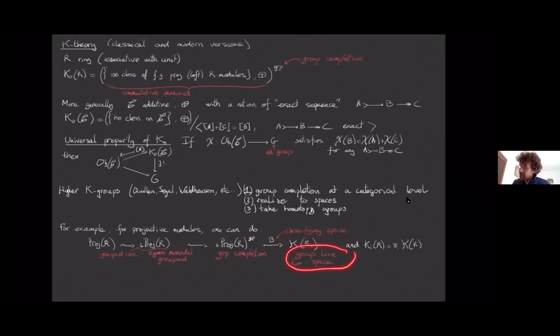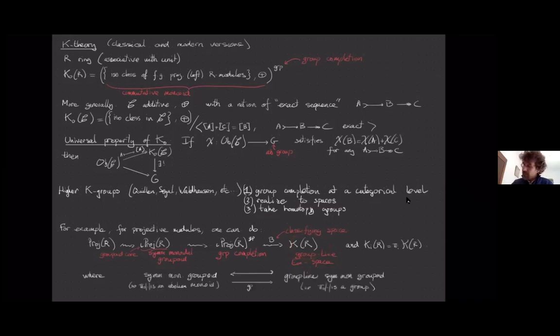And then again, you realize that as you take the classifying space and you get a K-theory space, which is a group-like infinity space in the sense that its homotopy groups, I mean, pi 0 is already not just a monoid, but a group. And of course, the higher ones are your other higher K-theory groups. So that, in some sense, is the general classical approach to K-theory. And now, it's hard to actually, in this language, give a universal property for K-theory, higher K-theory, or for that space, if you want. But more recently, with the development of